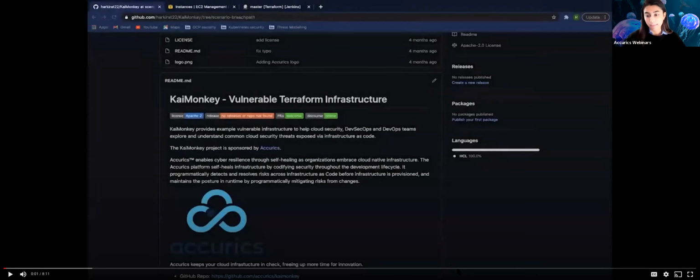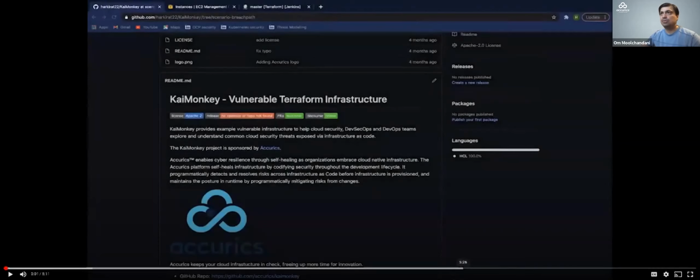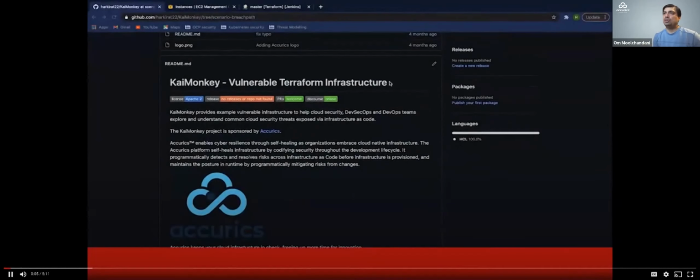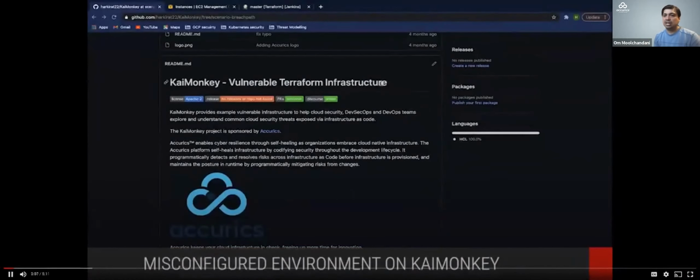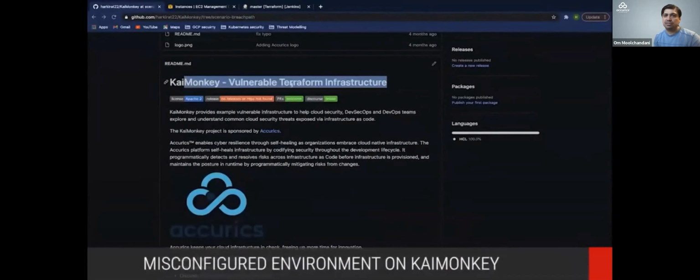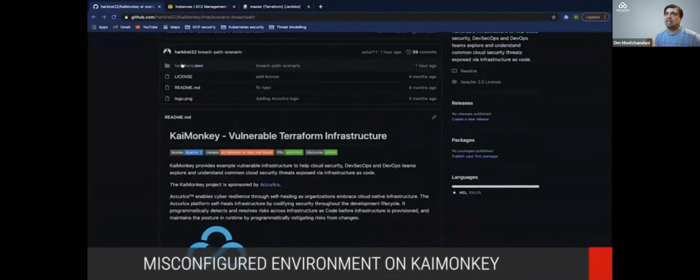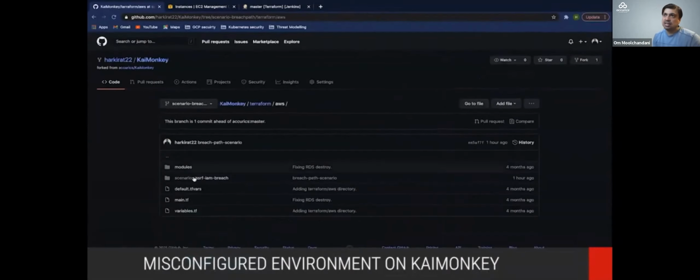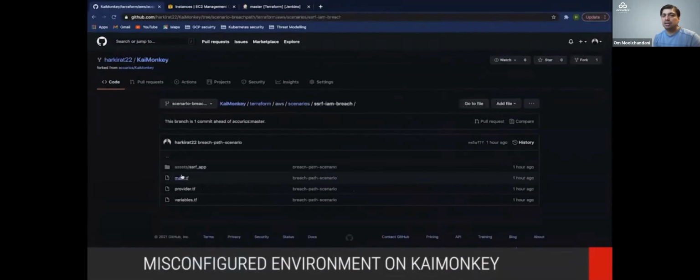Yeah. Okay. All right. So let me go through the demo now. What we're going to do is pick up the vulnerable modules that we have in KaiMonkey, and we're going to package KaiMonkey. We're going to create a Jenkins file that we're going to use to deploy this application